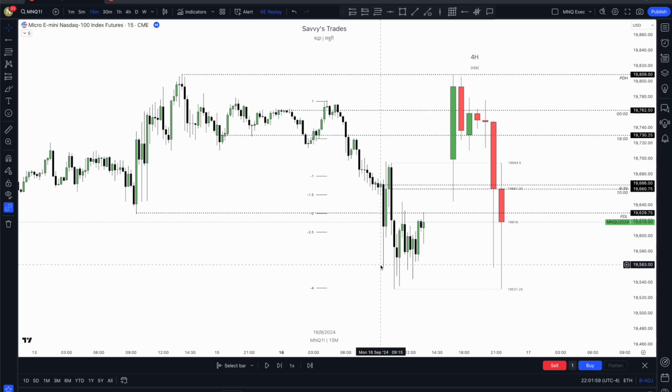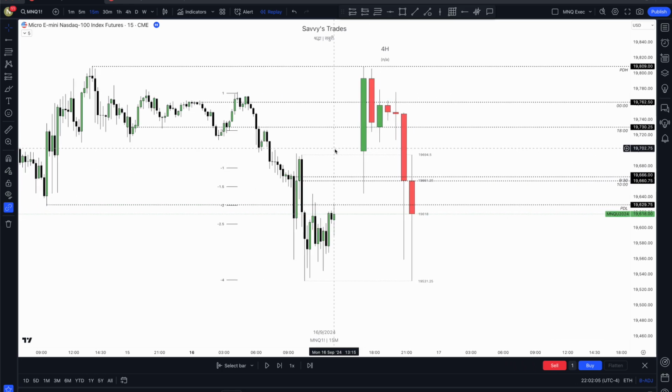At 9:30 we saw a big dump, and then we were moving higher. Now here is the interesting thing. Since 6 a.m. was about to close bearish, because at this point at 9:30 when we dumped, we still had like 30 minutes to go for the 6 a.m. 4-hour candle to close. So what I wanted to see was price go up but still close bearish, right? Validating this as a 4-hour order block, and then come close to tapping this order block and then continue lower. That was the idea.